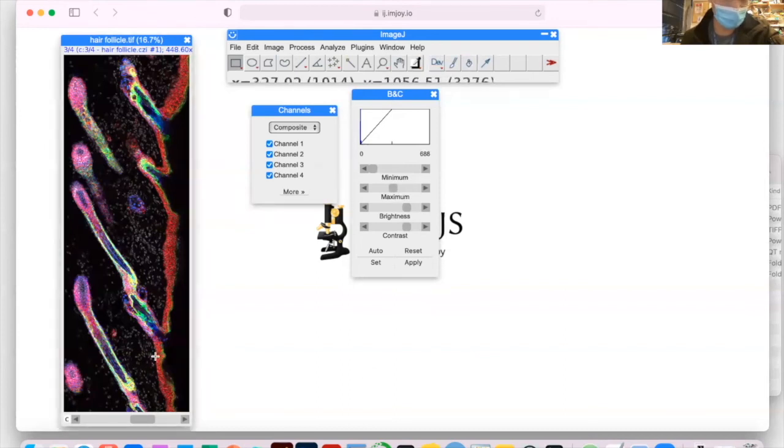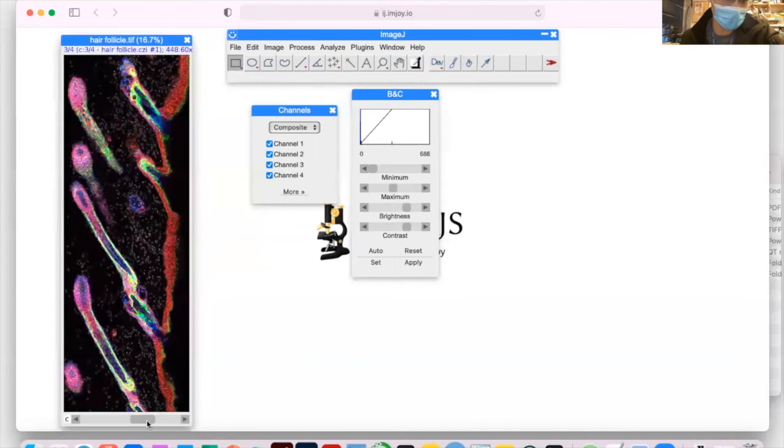And so let's say you don't like the colors of these images. Let's say, for example, the last channel, which is white here, is actually a nuclear stain, which in most scientific displays is typically shown as blue. And so let's say we want to change this into blue, but actually we know that channel 3 is already blue. So say we want to switch their colors. Let's make the channel 3 into white instead.